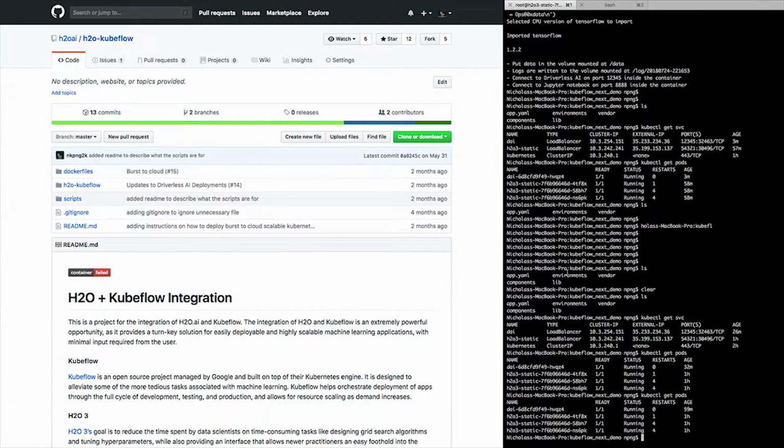So on the right-hand side, we have a terminal. Now, KubeFlow allows you to use something called KSonnet as a package that allows for templating. And this is one of the really great things of KubeFlow, in my opinion, in addition to Kubernetes. With Kubernetes itself, when you want to make a deployment, you have to create a YAML file or a manifest file and say explicitly that this is the runtime environment that my container needs to have.